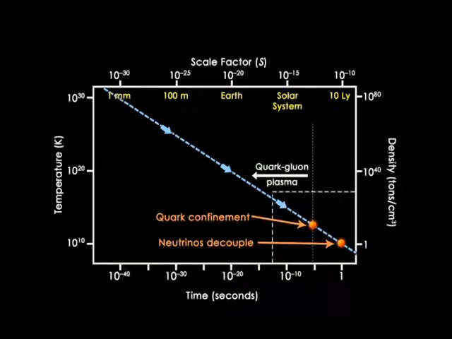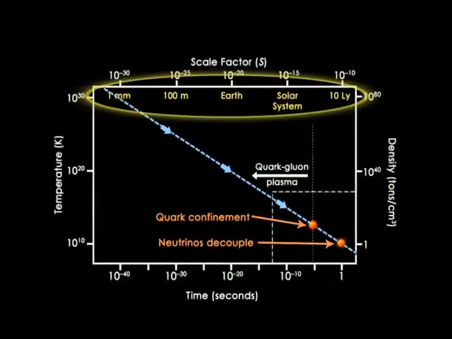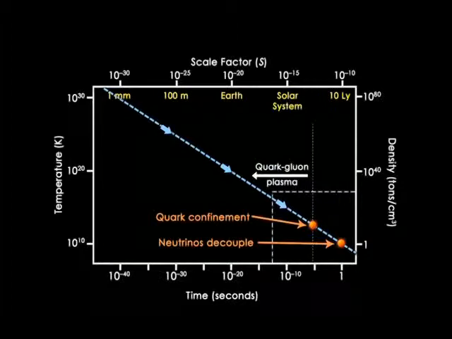Look how the time axis goes in steps of 10 to the 5, all the way back beyond 10 to the minus 40 seconds. The scale factor also spans a huge range. You can see the size of today's visible universe at these earlier times: 10 light years, solar system size, Earth size, football field size, and at 10 to the minus 40 seconds, it was just a millimetre across, the size of the ball in a ballpoint pen. And of course, at these extremely early times, the temperatures and densities were outrageously high.